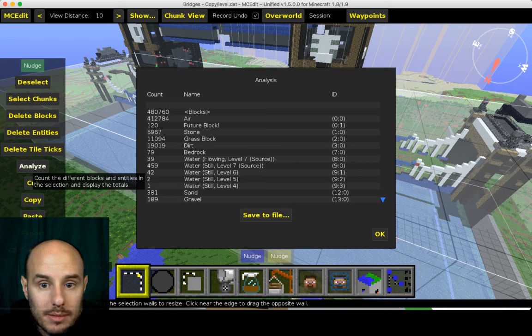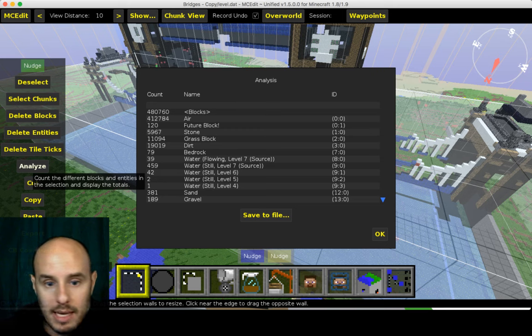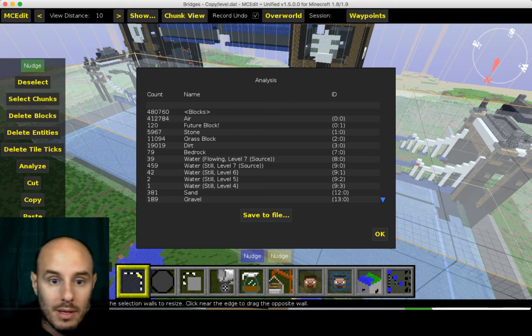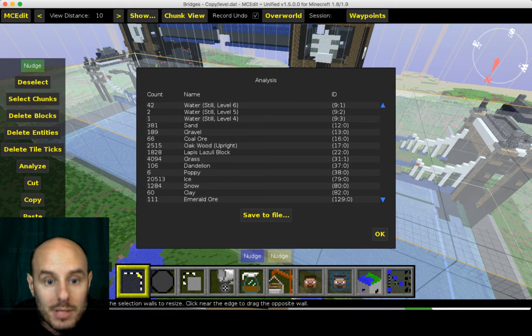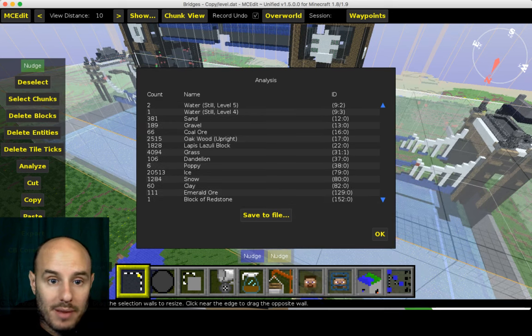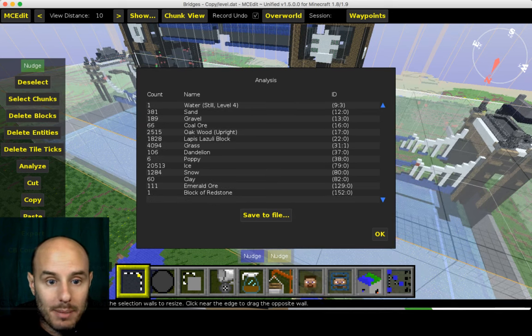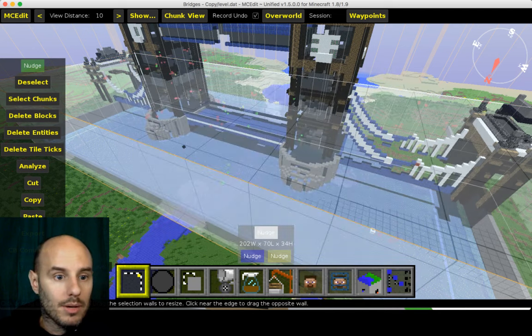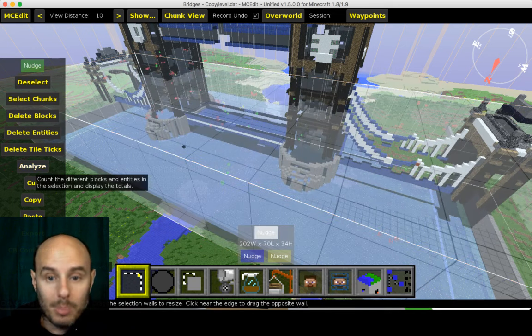Air, a future block, I don't know what that is. Stone, grass, dirt, bedrock, water, sand, gravel, coal ore. Oh, I've got a bunch of stuff. So ice is what I'm after. And you can see, because it's got 20,500 blocks of ice. So, okay, now that we know that, we're going to replace that ice with